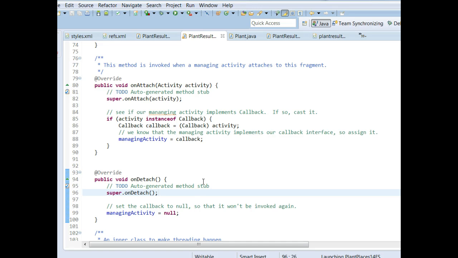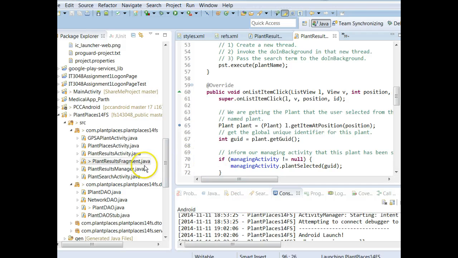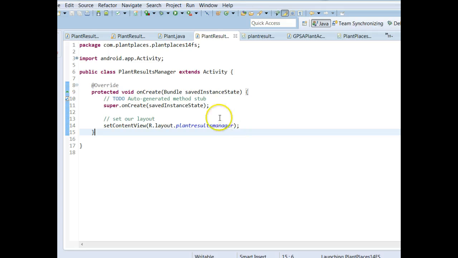At this point, I'm in pretty good shape. At this point, all I need to do is go back to the managing activity, have it implement this callback method, and then we're going to watch what happens when we click on a list item. We're going to make sure that everything gets called properly, and that's going to put us in really good shape for our web view. So I Control M, I go to the managing activity, Plant Results Manager, Control M again,